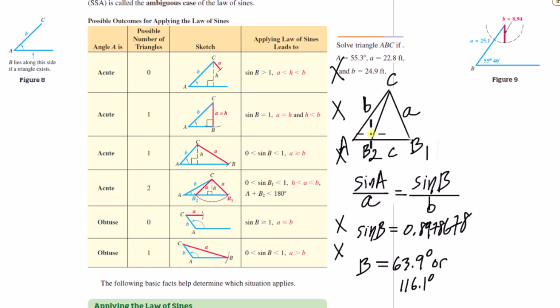The sine of an obtuse angle is a positive number between 0 and 1, and so is an acute angle. So that's how you know that you're dealing with this case 4 here. Okay, and so what you would do next, to actually complete the problem, is draw these two separate triangles, put in the angles, and then solve both triangles using the law of sines, which will be easy because for each of the triangles you've got two